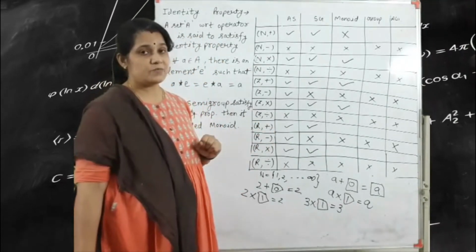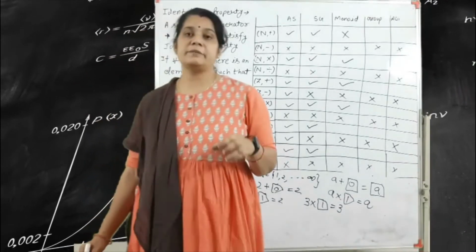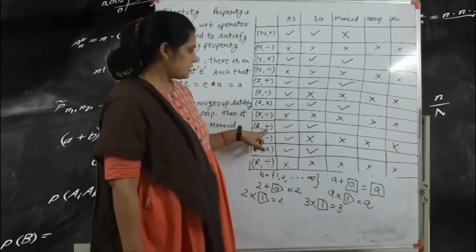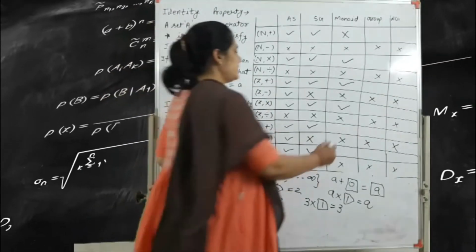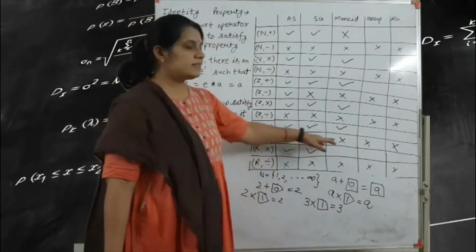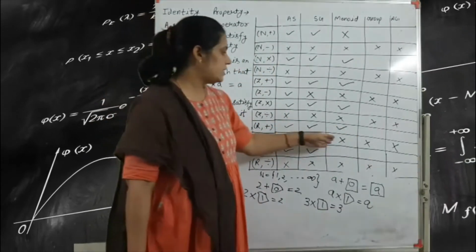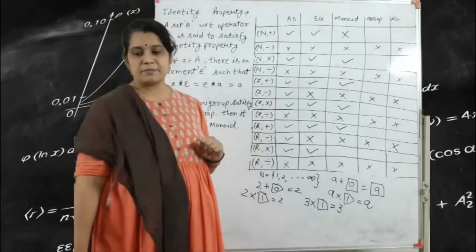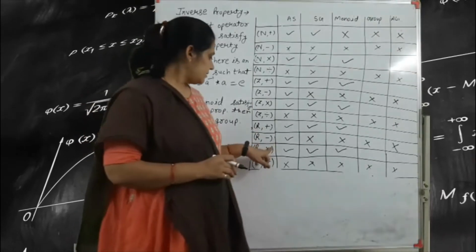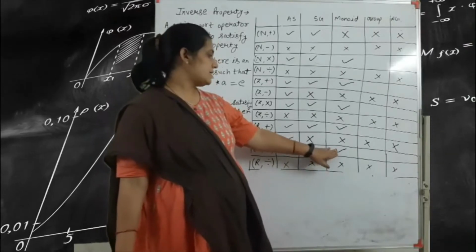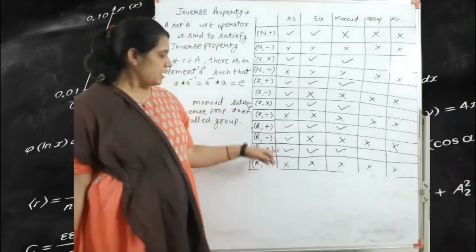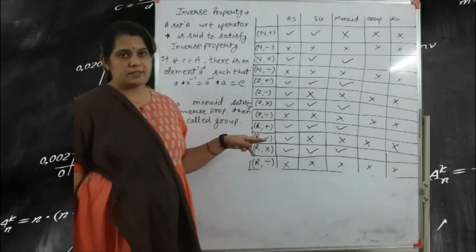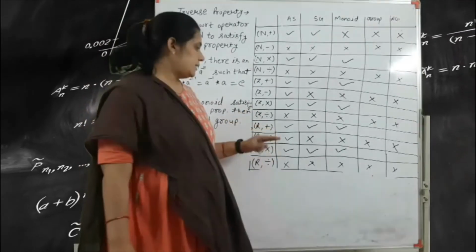So R plus, that means what? Minus infinity to plus infinity, but fractions are also available in the real number set. So if we use R plus, 0 is already included in R. R minus does not satisfy the associative property, so we write here the monoid and abelian group. Next one is R multiply. So R multiply also satisfies the identity property, because R means minus infinity to plus infinity, and for R multiply, 1 is already included in the real number set.